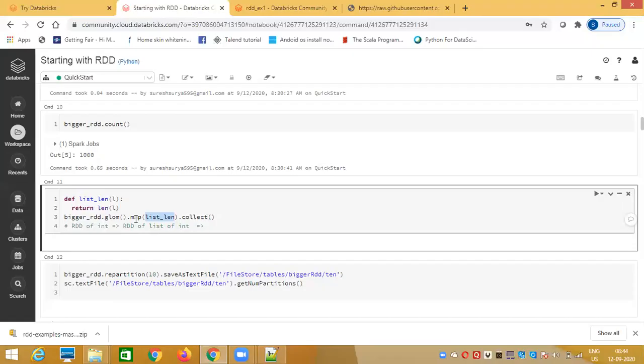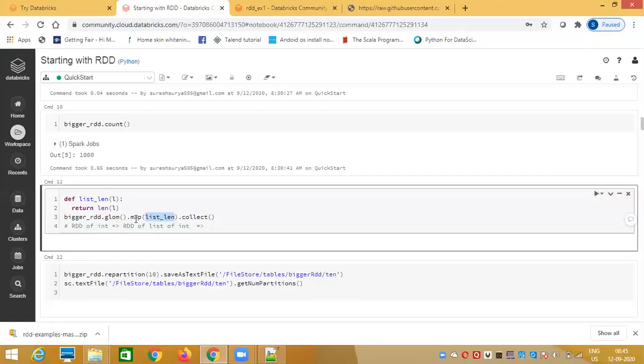You read the data, you create an RDD, and map keeps on iterating through each and every record, applying a certain transformation. That transformation is nothing but a function we pass as a parameter to the map function. So that is a higher order function.